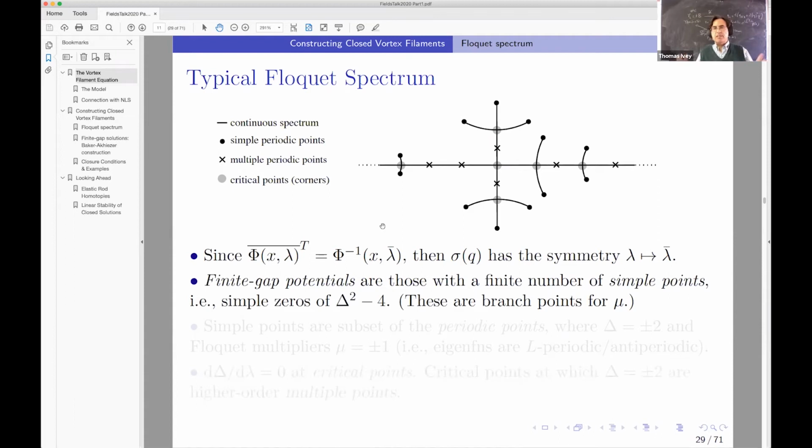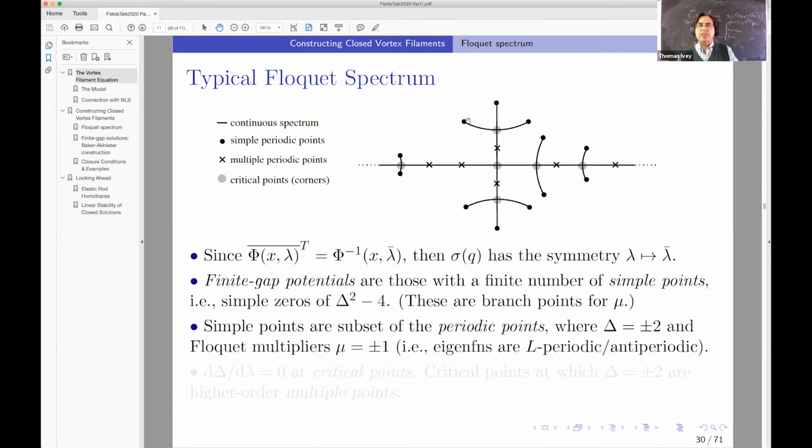These places where these branches terminate are called simple points, and they're simple zeros of delta squared minus 4. That's where mu is equal to 1 or -1. You have that simple single zero for delta squared minus 4. And so at those points, you'd have a single periodic solution of the AKNS system, periodic in